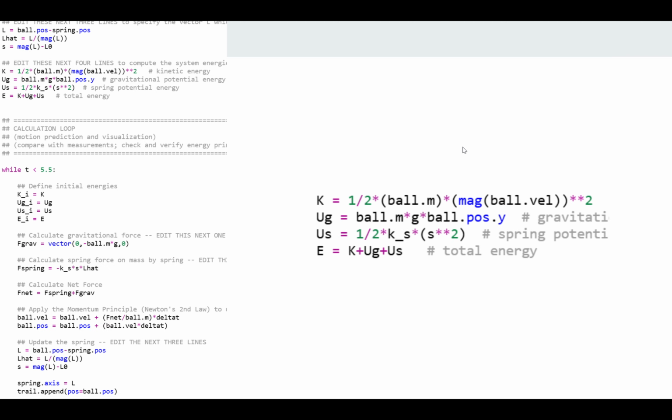And now we get into the code. So this is the code I used. First I'm going to go over these parts here. This is calculating the kinetic energy. This is calculating the potential energy. This is calculating the spring energy. And this is going to give me my total energy. Those are the most important parts here. And then over here, we're calculating the length of the spring at the given moment. Here are our energy calculations,